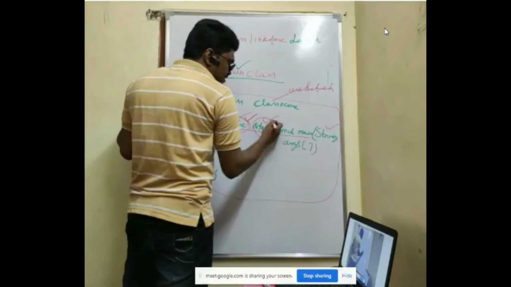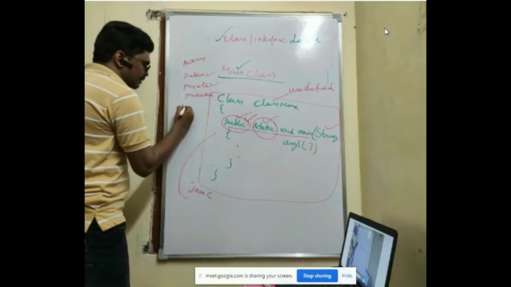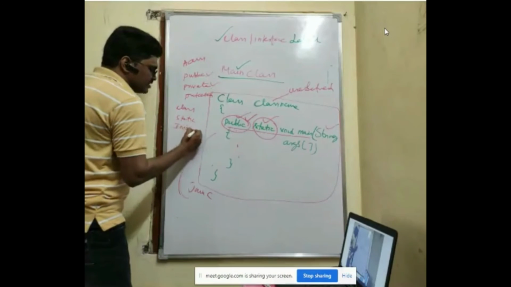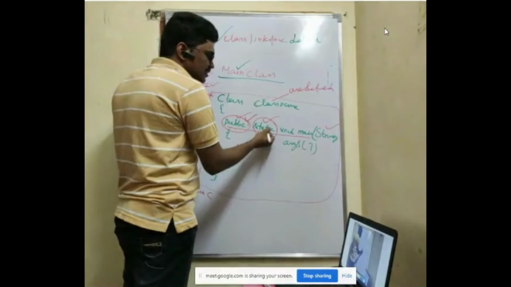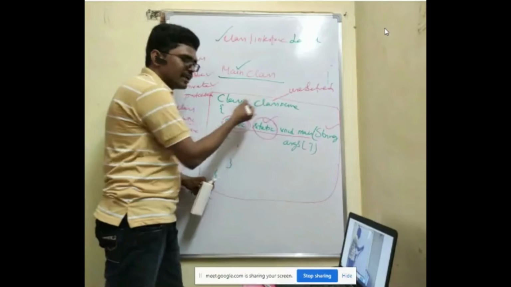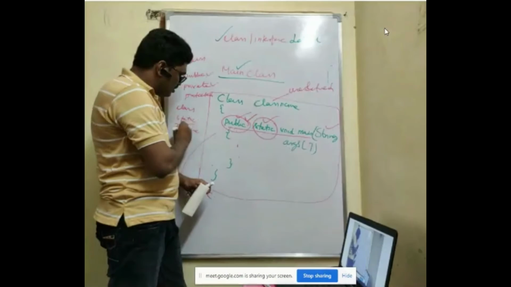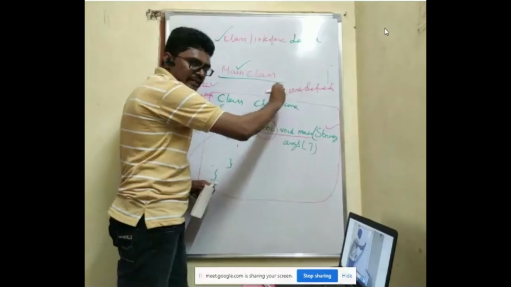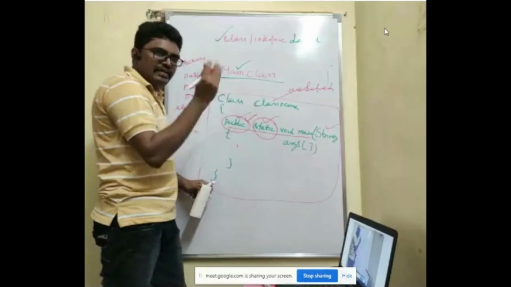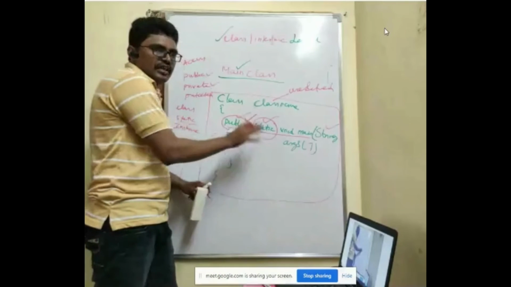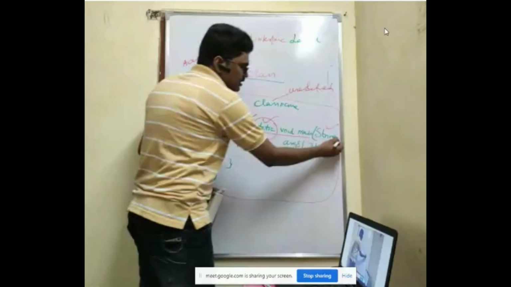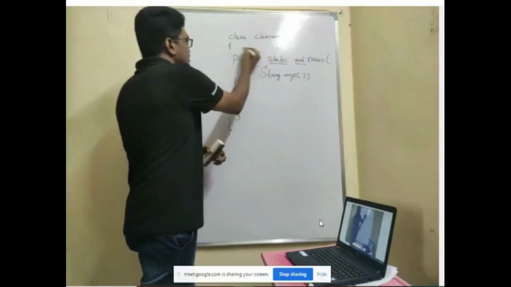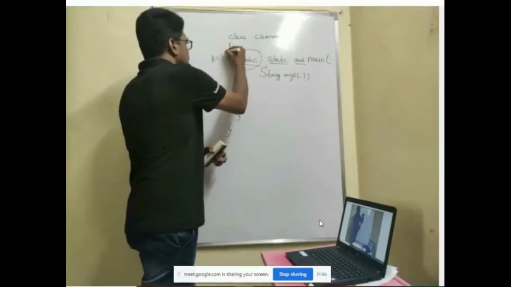The keyword static: members in a class are of two types, one is static, another is instance. Static means it can be accessed without creating an object. We don't create an object for the main class. That's why we make it static. In detail, when we go to the next topics, we'll discuss this. And String args is for command line arguments. Access specifier.